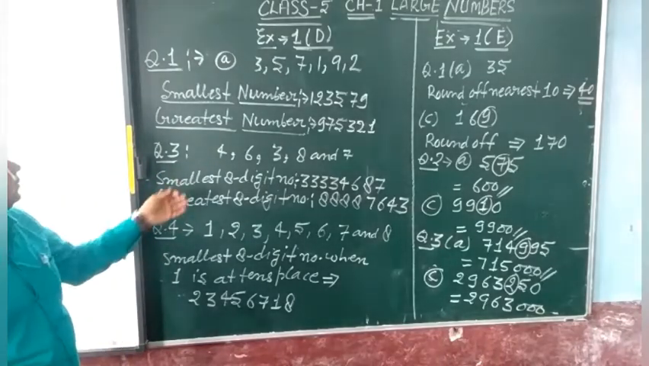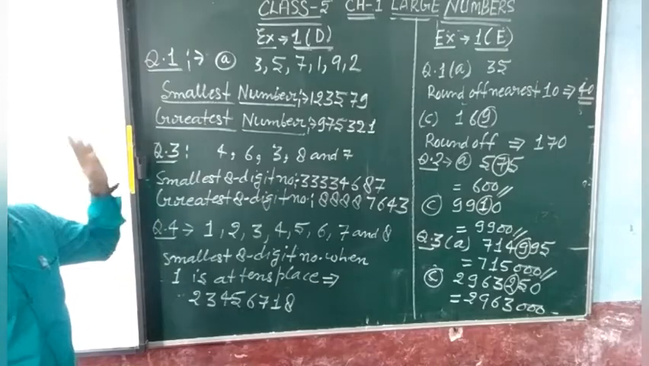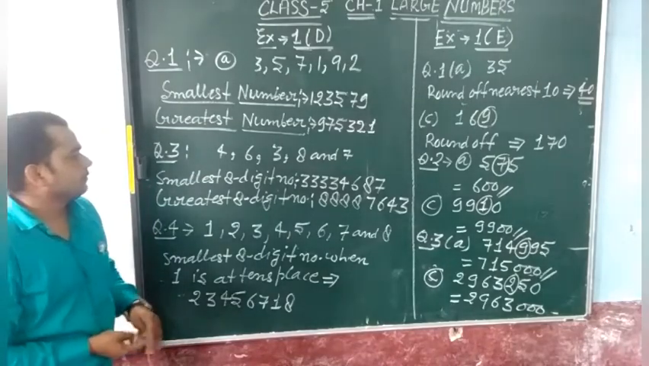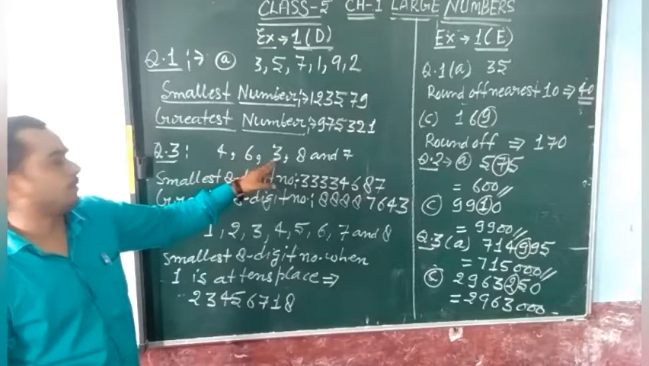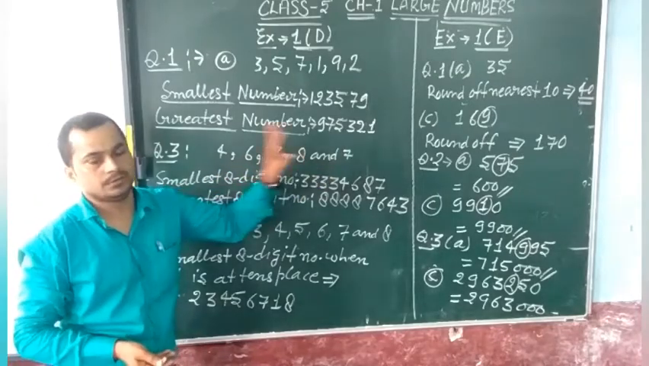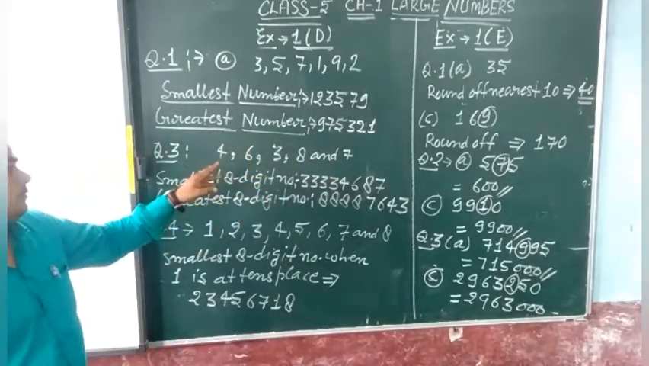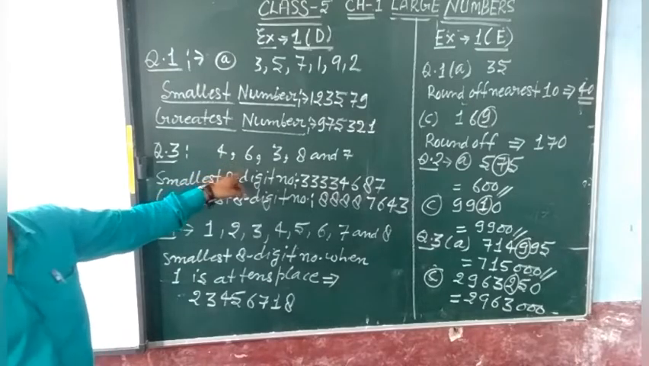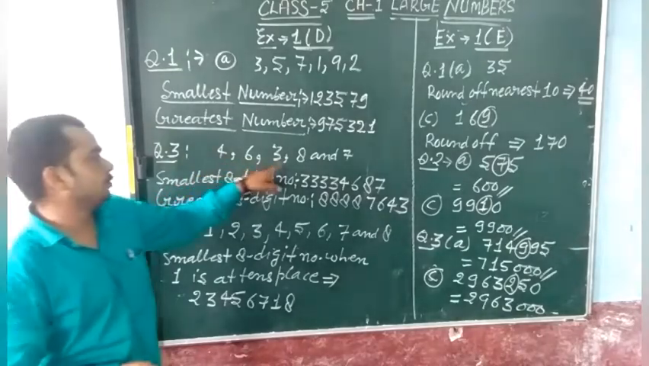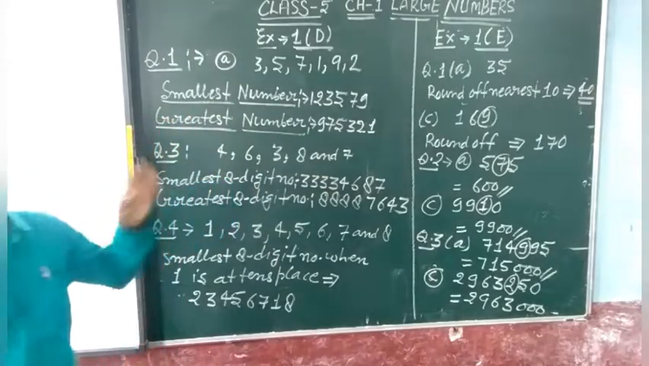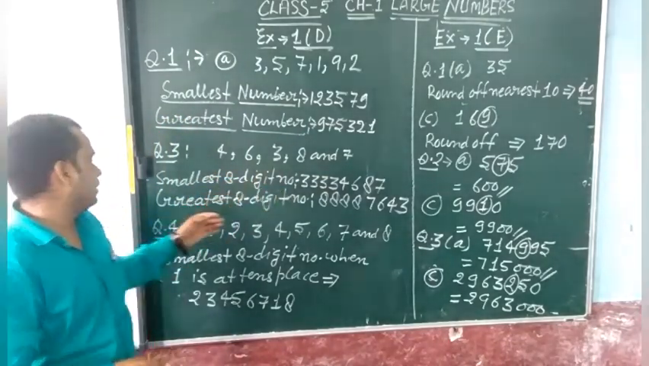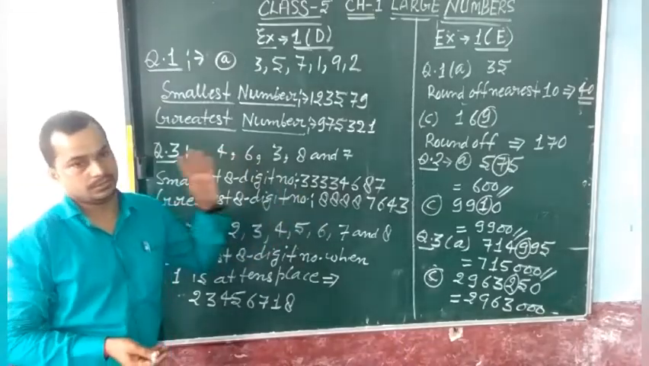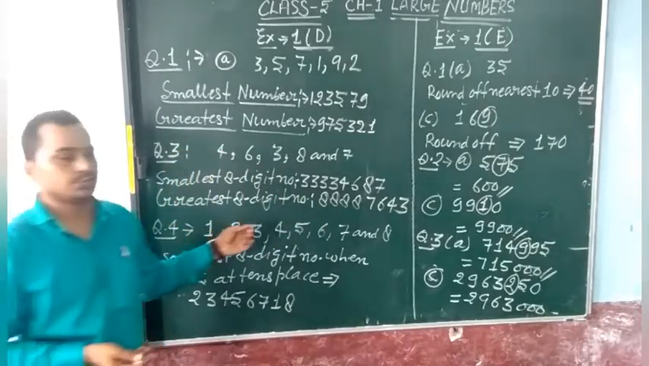Now question number 3. Digits are given: 4, 6, 3, 8 and 7. So how many digits are given there? We have only 5 digits: 1, 2, 3, 4, 5. And the question asks for the smallest 8-digit number and greatest 8-digit number. So in this type of question, students,